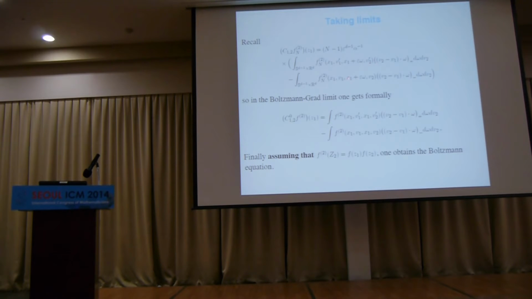Because when epsilon is fixed, I can decide what the sign of my x1 minus x2 dot v1 minus v2 is, right? Because x1 minus x2 is something, it's epsilon omega. When epsilon is 0, there's no more sign, right? So I don't know anymore if time is going in one direction or the other. I can't decide. So when you put epsilon going to 0, you've lost a lot of information. You don't know if your particles are going this way or that way. Right? So that's what happened.